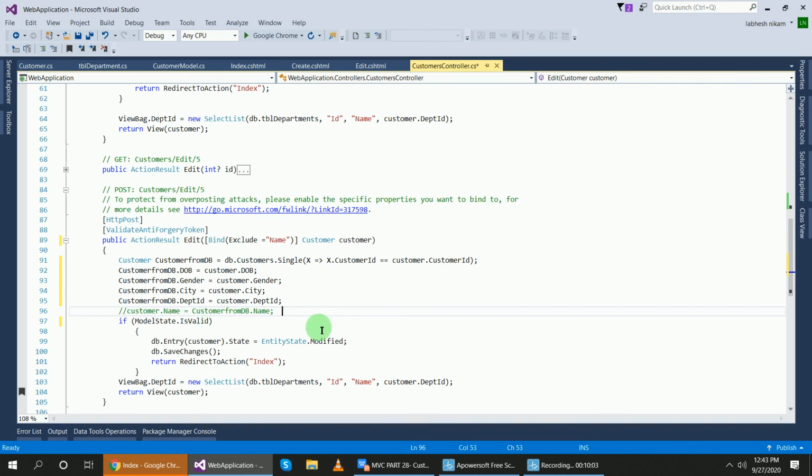I am not passing the customer name property now. I use this customer from DB object inside of the ModelState.IsValid check, because when added to the model, it will validate using this, and only the properties I am listing will give validation errors. Okay, now let's run the program and see what happens.